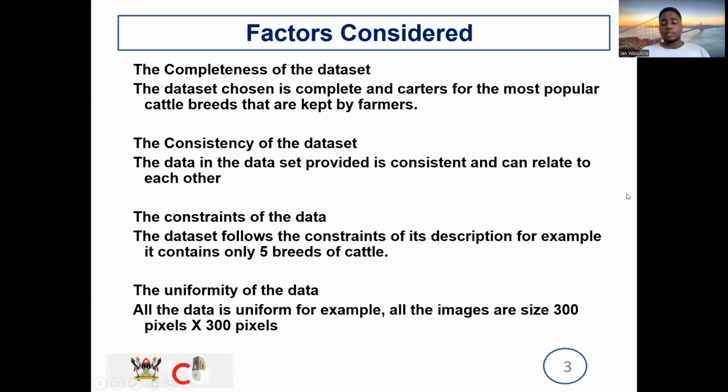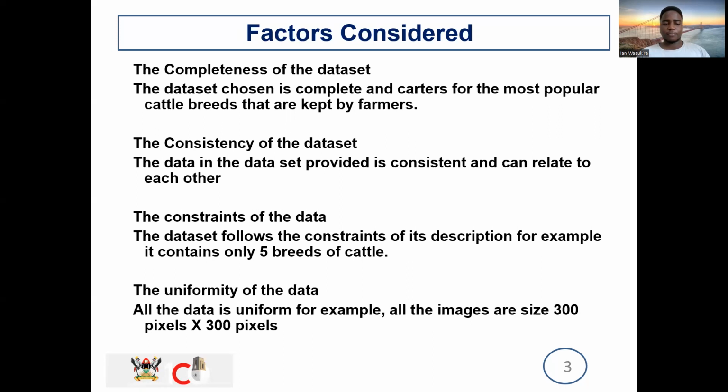The factors that I considered while choosing this dataset include the completeness of the dataset. This is because it caters for the most popular cattle breeds that are kept by the farmers. This dataset is consistent in such a way that the data in this dataset can easily relate to each other. Then the constraint of the data is that it is constrained to only 5 breeds of cattle and it's not open-ended, which allows it to properly classify whatever image is fed into it into one of these